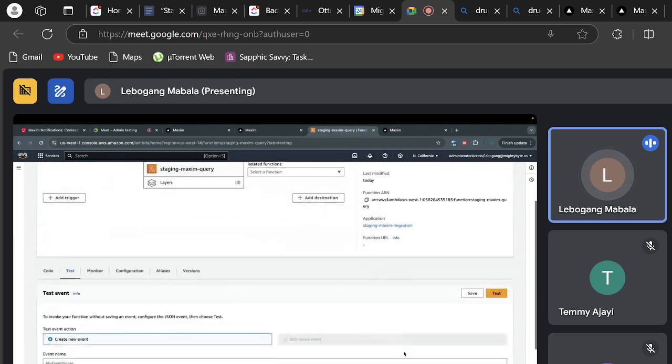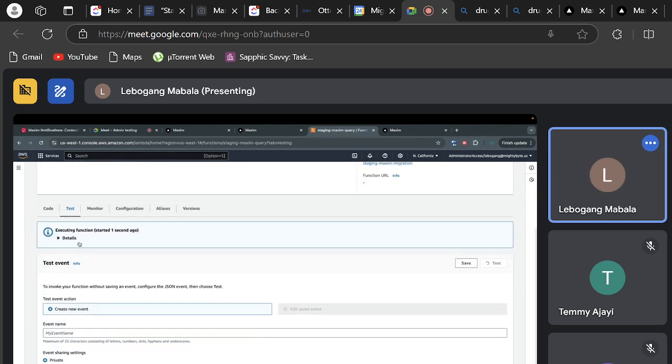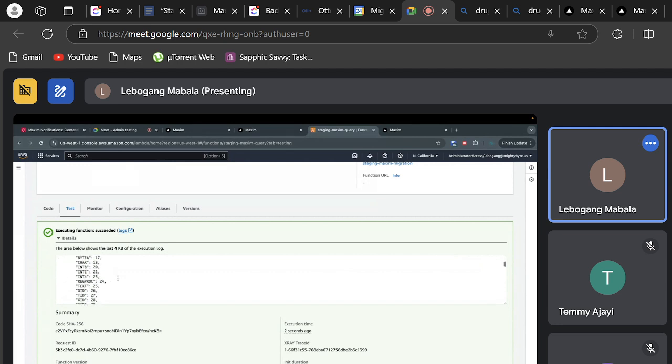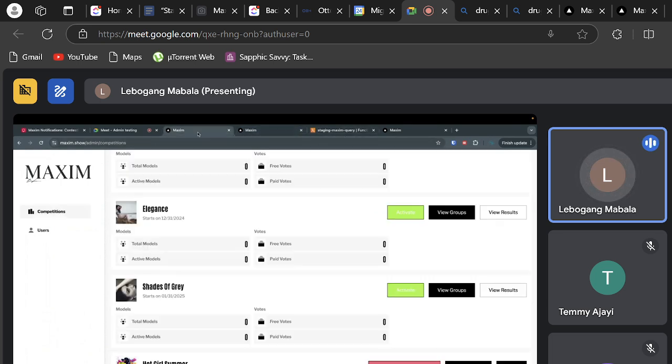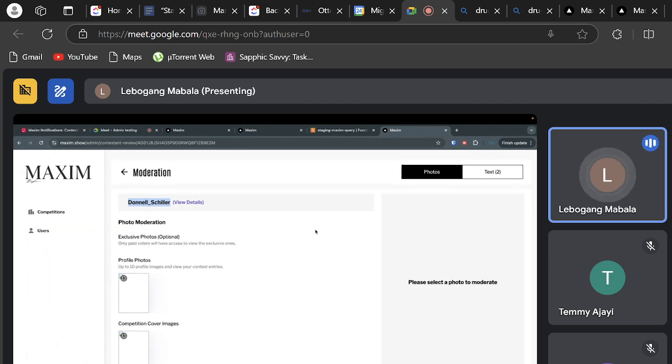I think that should work. Okay. Cool. Then I can see. I think that should have worked.